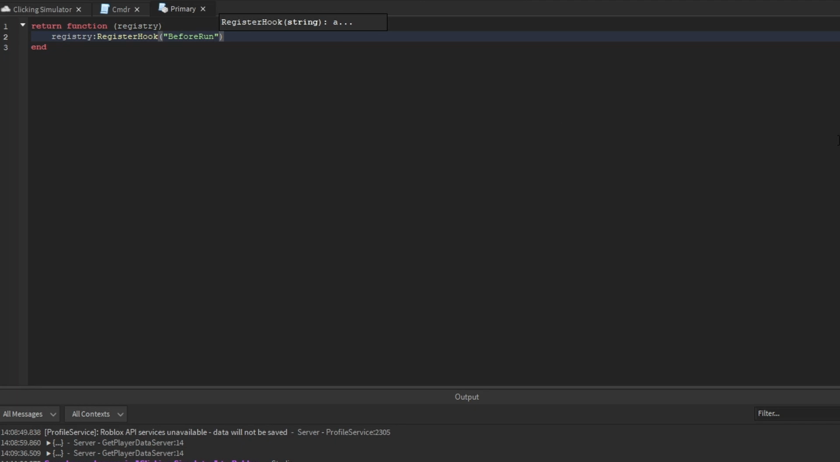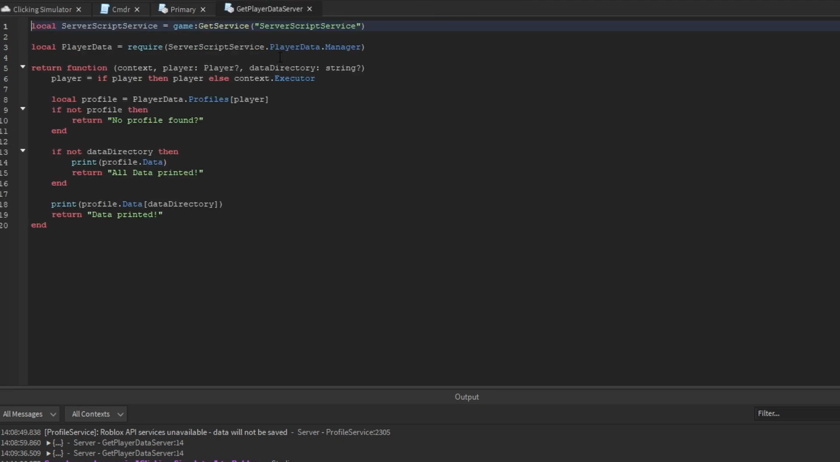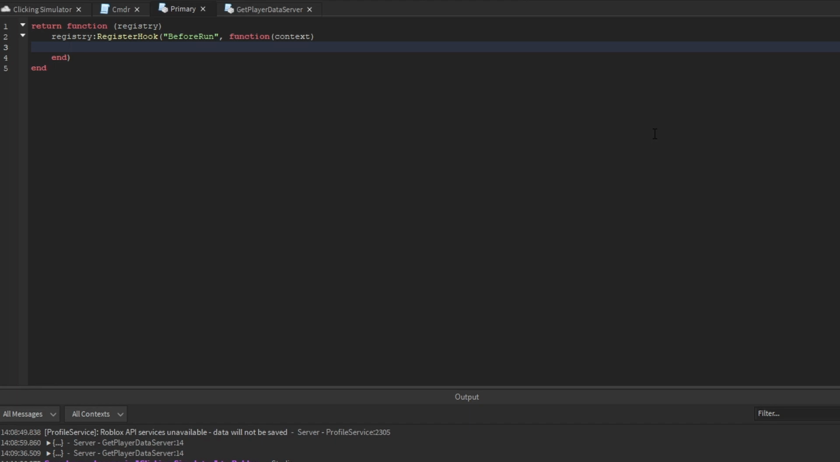Now this method also has a second argument, and that's actually going to be a function with the argument context. Now if you forgot about context at all, we also use context when we're scripting the functionality of our command. So with the context, we can actually access who is executing this specific command. So we can say if context.executor, and now we actually have the player who is executing this command. So we can say .UserId, and now we want to say if the executor's user ID does not equal